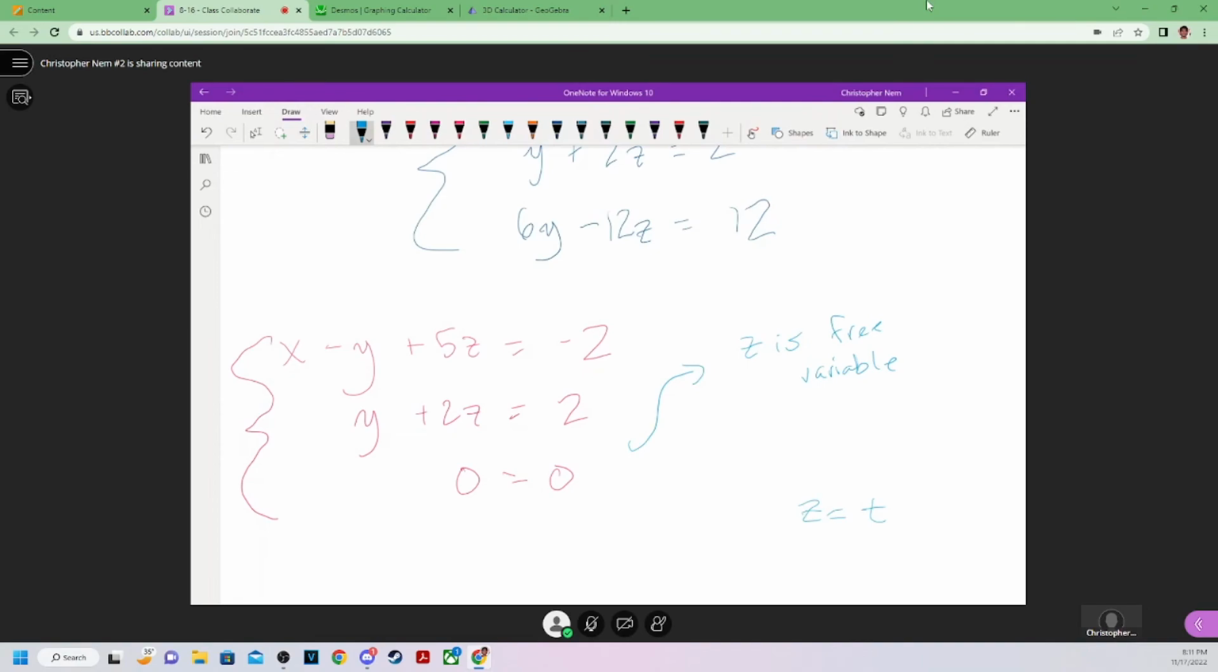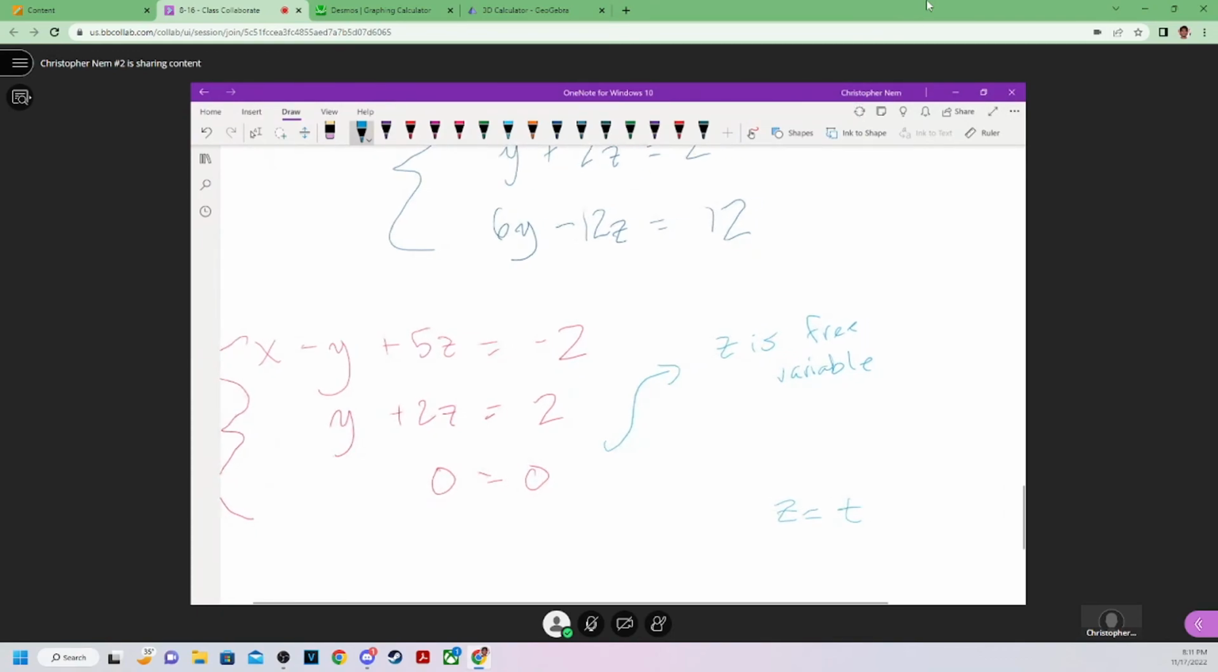Now, just because the z variable is free, does that mean I have all solutions possible? No. I can have any z value possible, but y and x have a z variable, so y and x will depend on our variable t. This is why we call systems with infinite solutions a dependent system. They're dependent because they depend on whatever value of z I put in. So if I plug in t and try to solve for y,